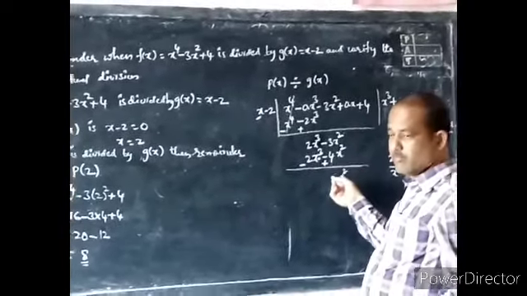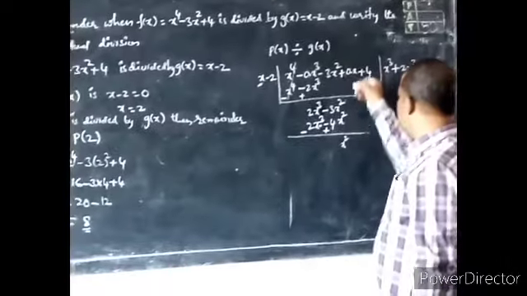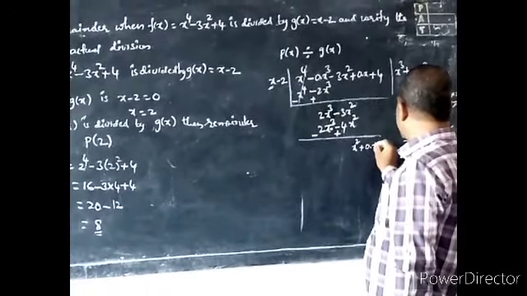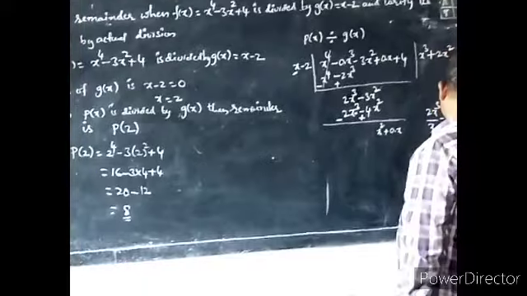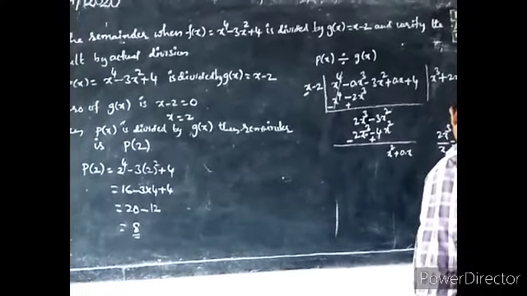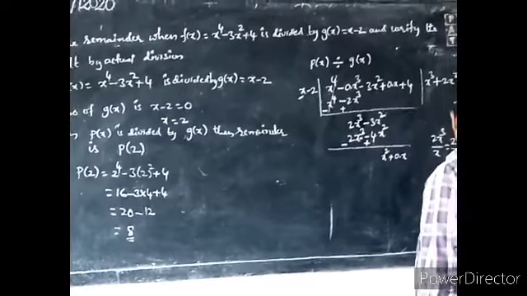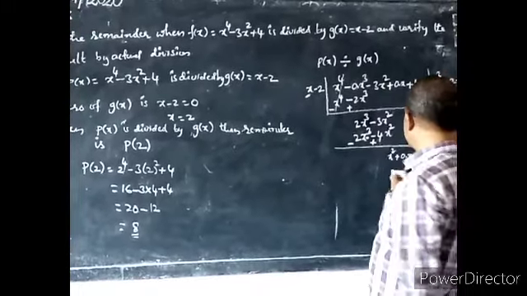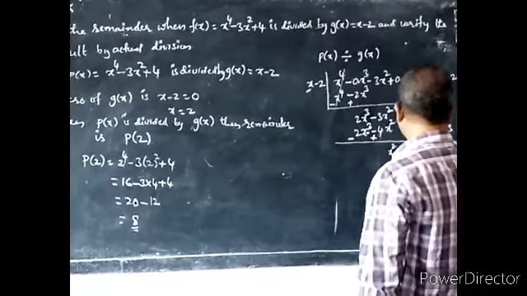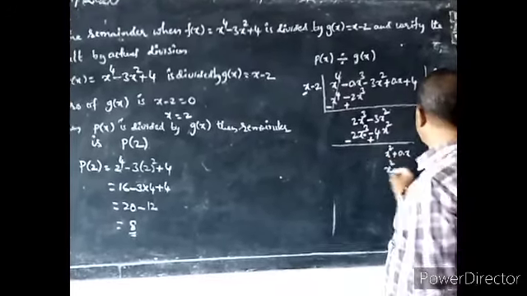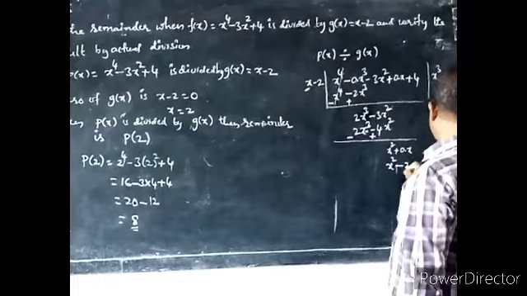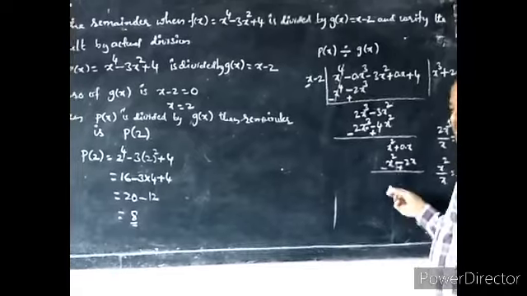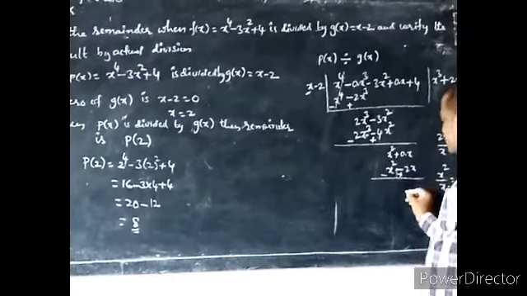The exponent 1, if you write it or not, nothing will happen. If we didn't write it, before that 1 is there. 1x square plus 0x. Yes? Now x square is divided by x. X square means x into x, divided by x. One x will be cancelled. It remains x. So that should be written in the quotient. X into x, x square, plus into minus, x into 2x. Again subtraction, symbols are changed. X square cancels, that means 0. 0x plus 2x is 2x only.